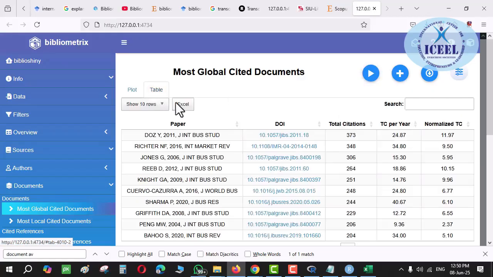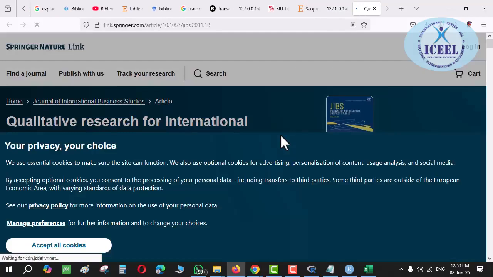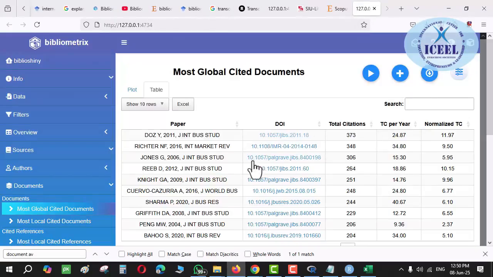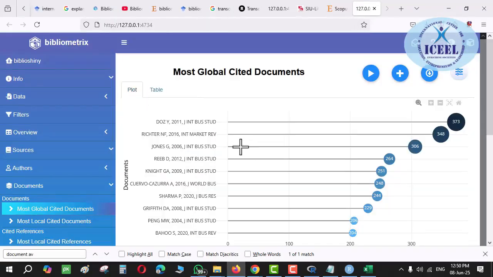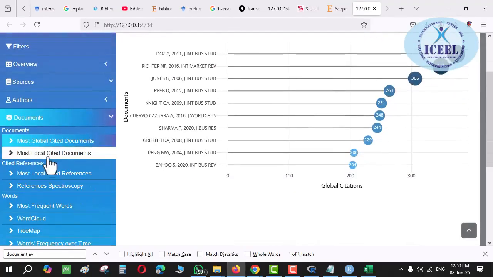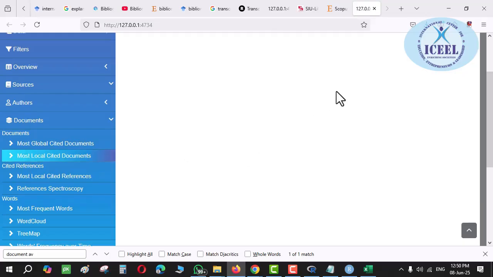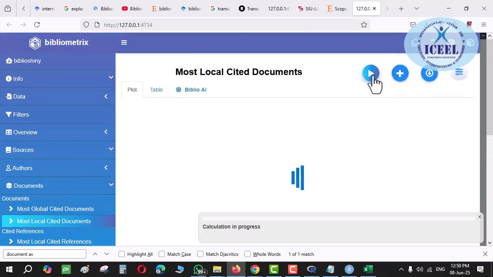In tabular format, you can get it like this, and you have to filter it. And if you want to go to the document also, guys, directly from the DOI, you click it over here, and if it is open access, then you'll be able to get that document also. If it is not open access, through your library also you can get it. Right? So the most prominent document being cited, you can get it from here. Most local cited document from this database, which is the document which is most cited, that also you can get it from here.